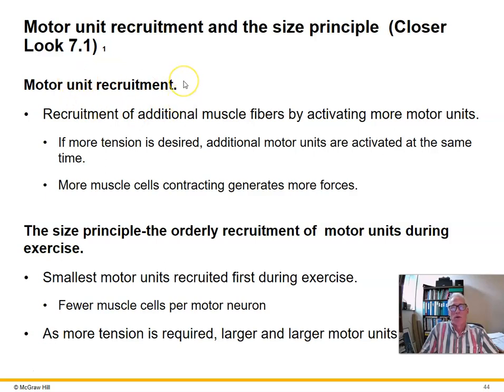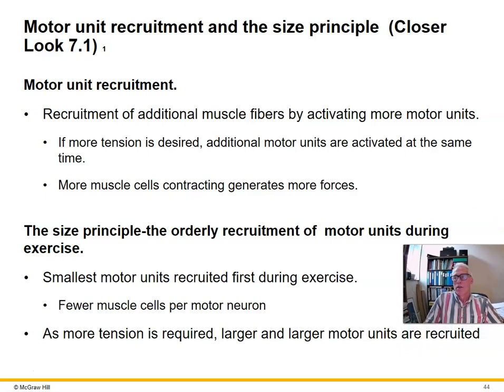We defined motor unit recruitment as the major mechanism for controlling tension. We said that the more tension you want to produce, the more motor neurons you activate in your motor cortex, which we'll talk about more today, and each motor neuron innervates a group of muscle cells. So each motor unit, or neuron plus its group of muscle cells, adds to the tension and produces a stronger